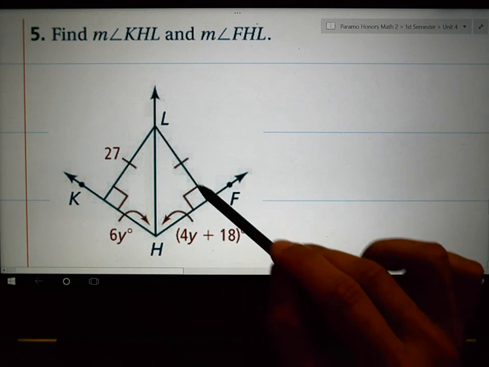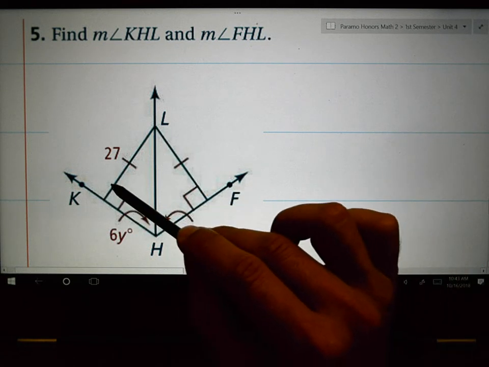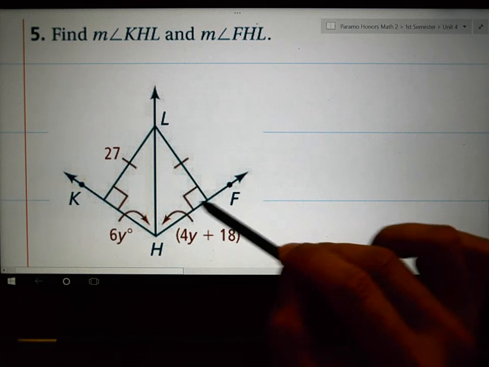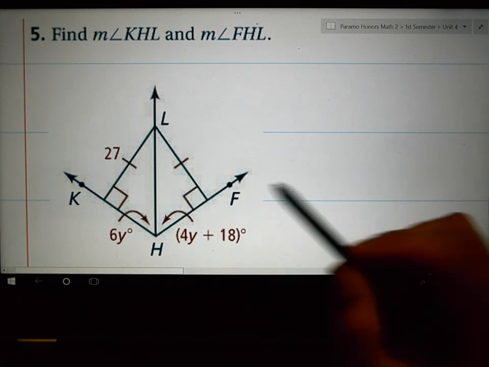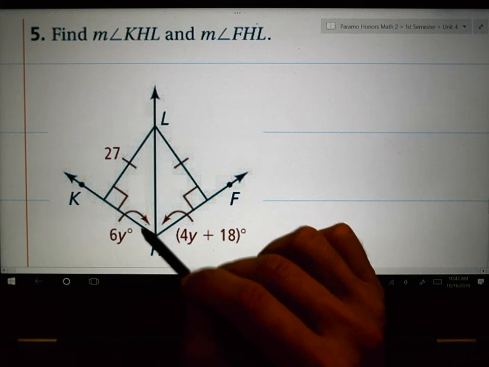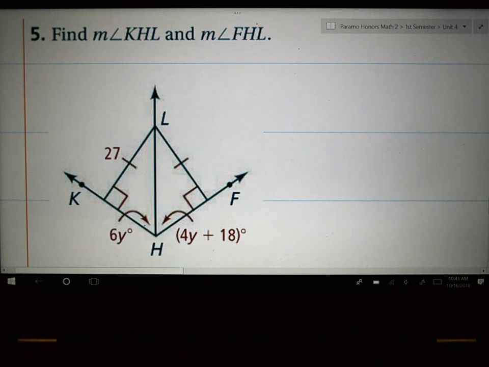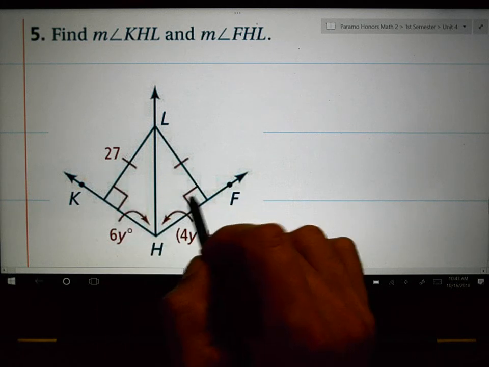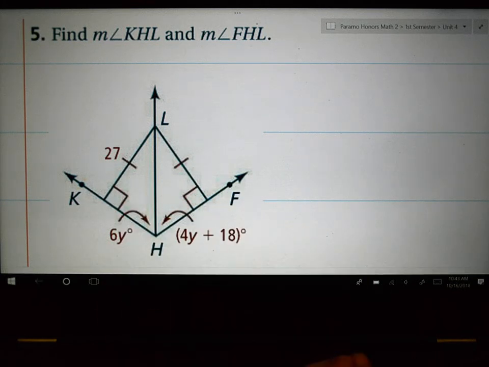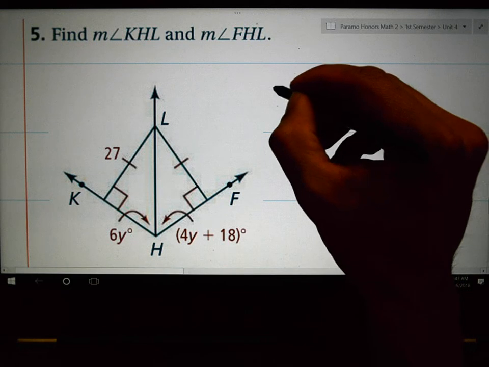If this distance is the same as this distance measured perpendicular to the side, then I could use that angle bisector theorem to know that these two angles must be congruent. The only way that this is going to be congruent to that and have this right angle is that these two pieces have to be the same, which means